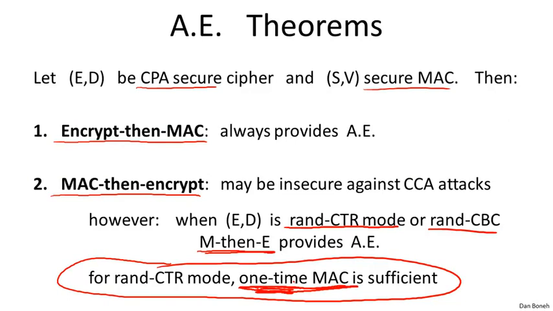When we talked about message integrity, we saw that there are actually much faster MACs that are one-time secure than MACs that are fully secure. As a result, if you're using randomized counter mode, MAC then encrypt could actually result in a more efficient encryption mechanism. However, I'm going to repeat this again. The recommendation is to use encrypt then MAC, and we're going to see a number of attacks on systems that didn't use encrypt then MAC. And so just to make sure things are secure without you having to think too hard about this, again, I'm going to recommend that you always use encrypt then MAC.